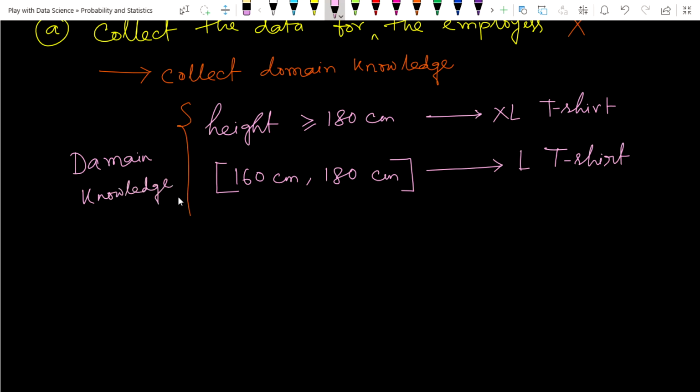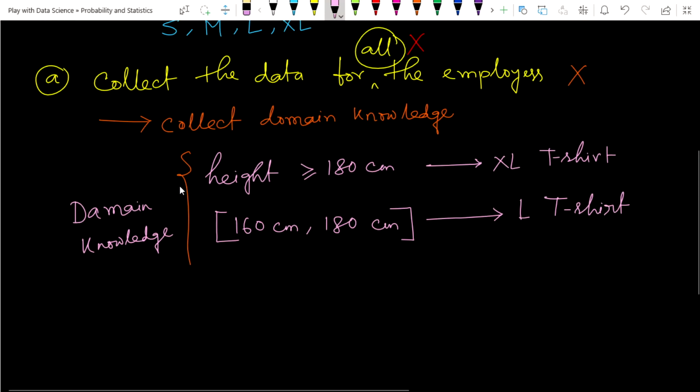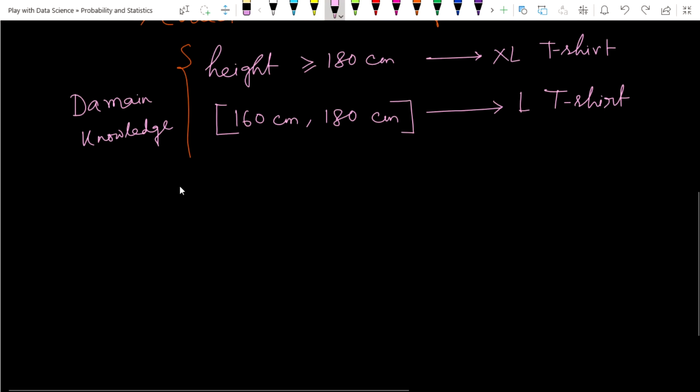This is the simple domain knowledge. First I have to collect this domain knowledge, because it is impossible to collect the individual data for each individual employee. So first, because of that, we have to collect the domain knowledge. Now, because I am collecting the height: